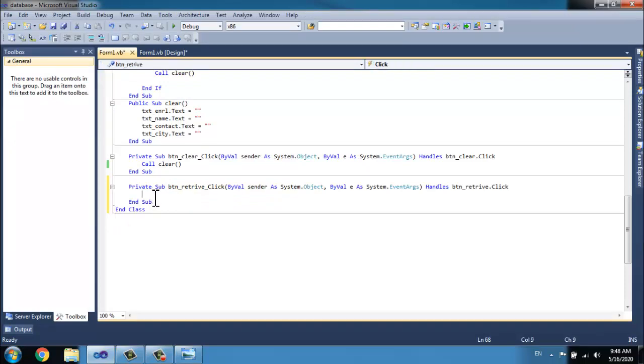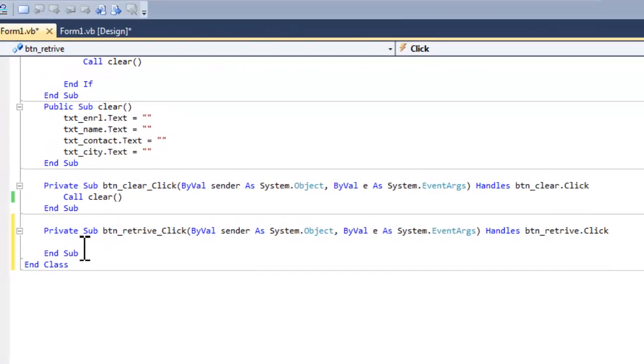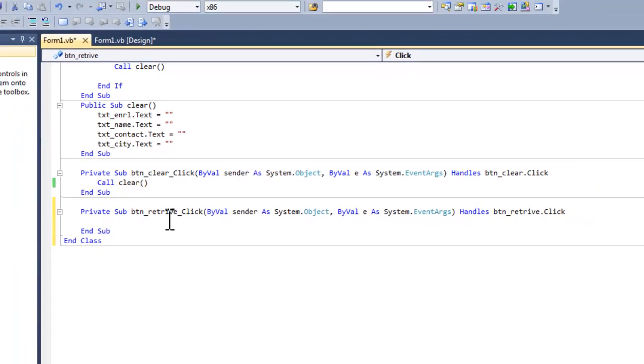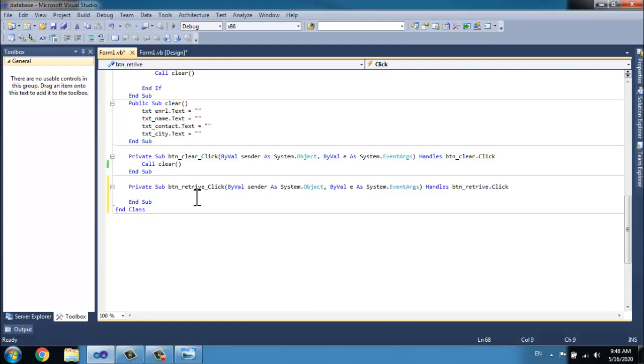For that we have to declare one object for the data reader class. For retrieving data from database we have to use a third class, the data reader class. We declare it in the public class.